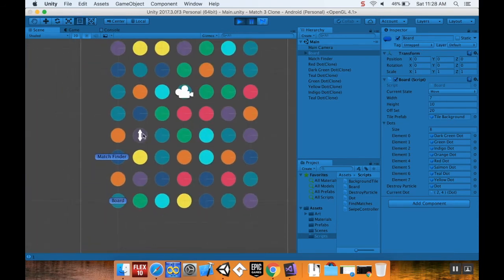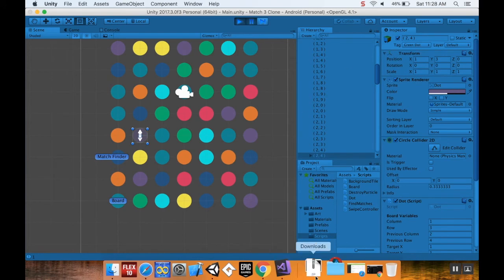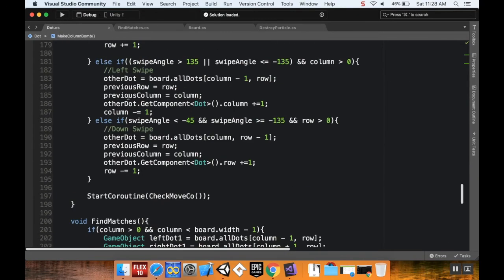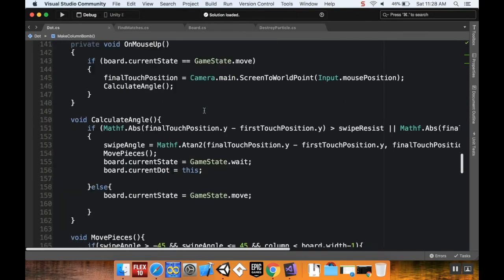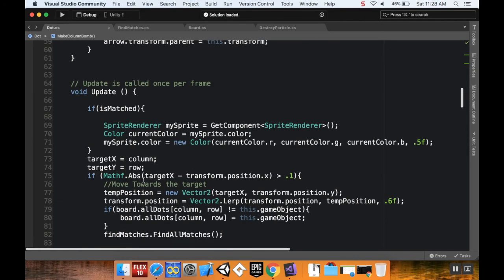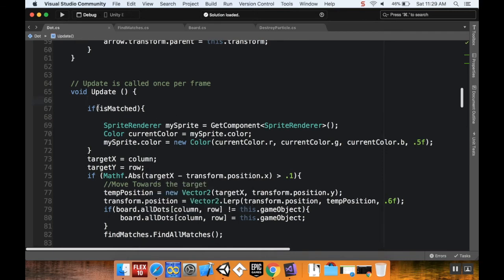you'll notice here, if I click on this object, its opacity is brought down. And the reason its opacity is brought down is if we look at the dot script here in the update method, further up, we're checking to see if it's matched. Then we're making it opaque, or not opaque, more translucent. But since it was matched and then we made it not matched, we never turned its color back. I don't actually need this is matched stuff here anymore to change the color, so I'm just going to comment